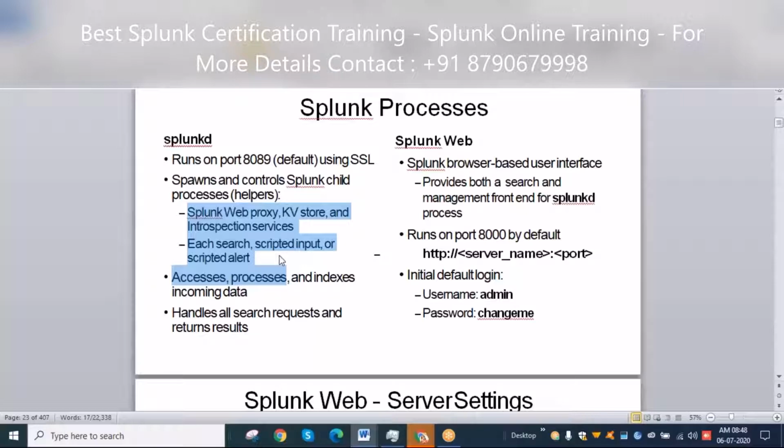Immediately after making changes on a server, you cannot expect them to be seen in a search head. Unless you restart, it will not work. When you restart the services, some searches will be running in the background, and whenever these processes run, process IDs (PIDs) will be generated.